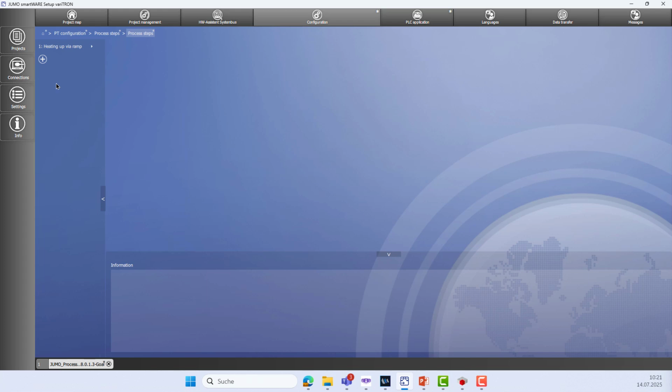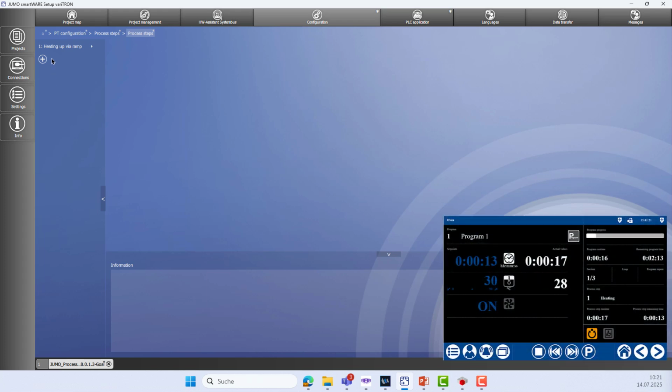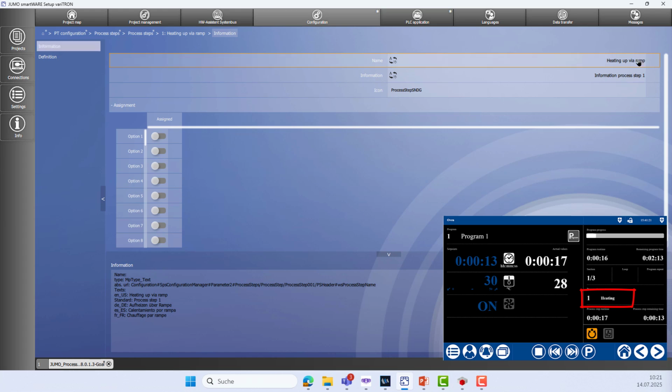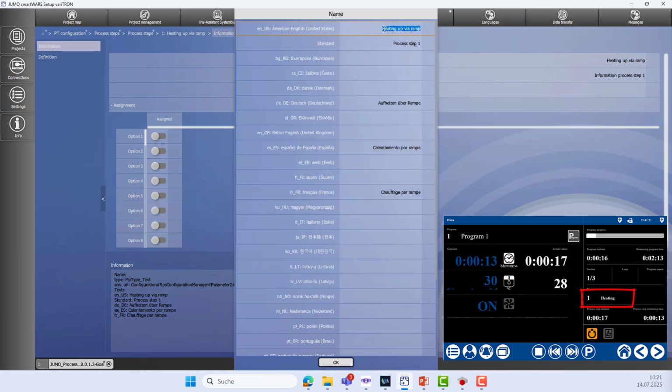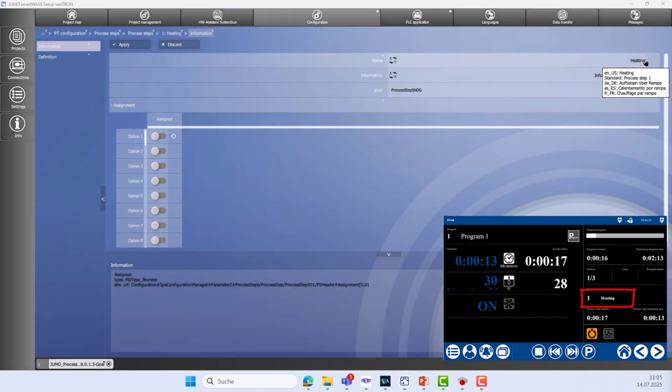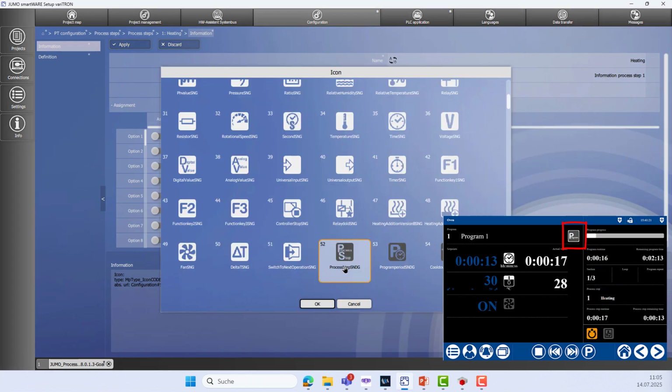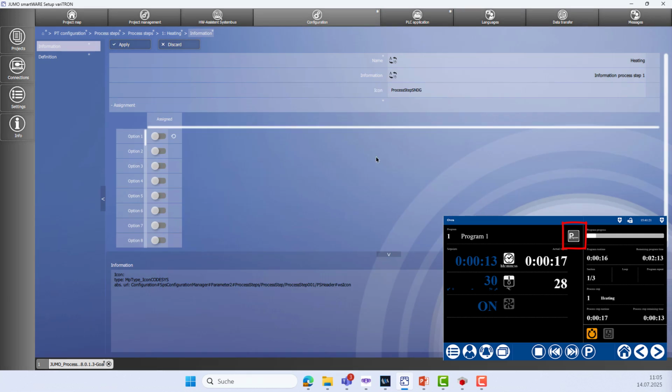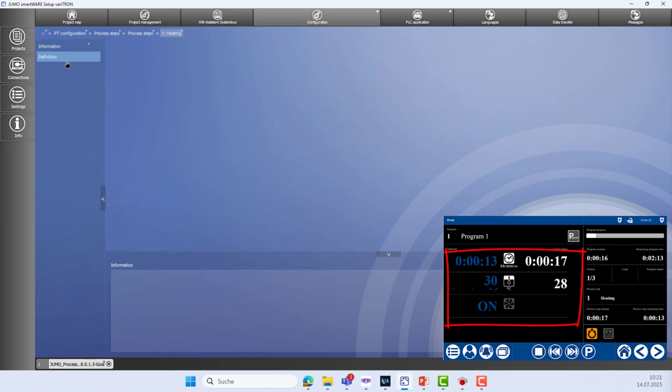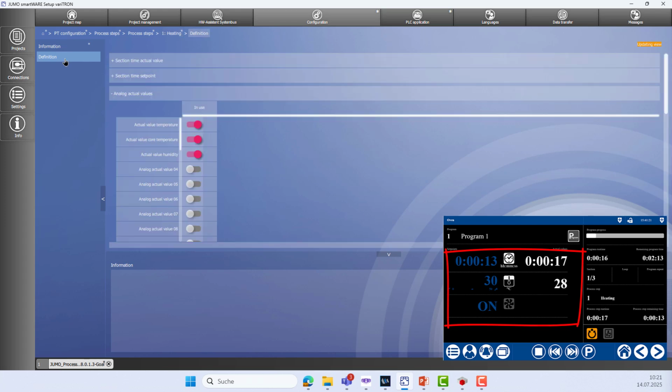I now adapt process step 1 to my process step heating. I call it heating. I select an icon for this process step. Now I define which parameters are used in this process step, how they are displayed, and how the set point